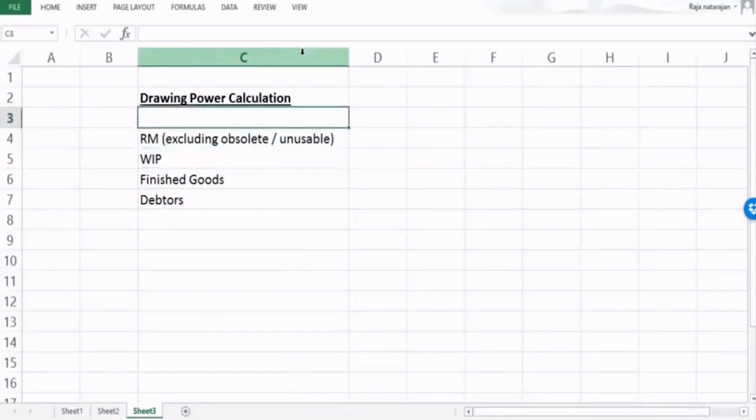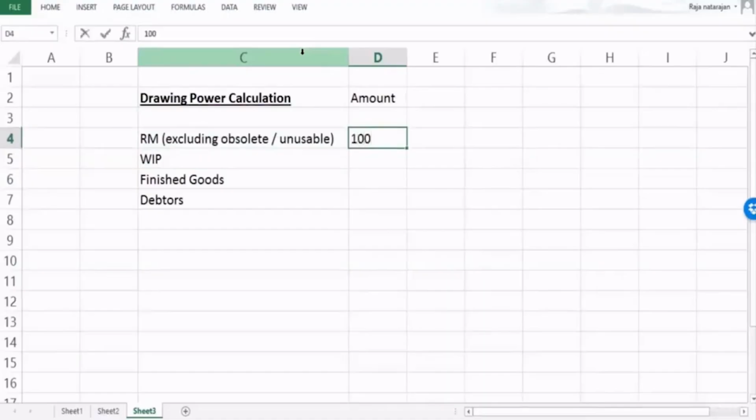Now we have to attach the respective value. So let me capture the amount over here. Let's say the value of raw material in stock is 100 million. Work in progress is say 25 million. Finished goods is say something like 75 million. And debtors based on your working capital cycle is at say 125 million. Now